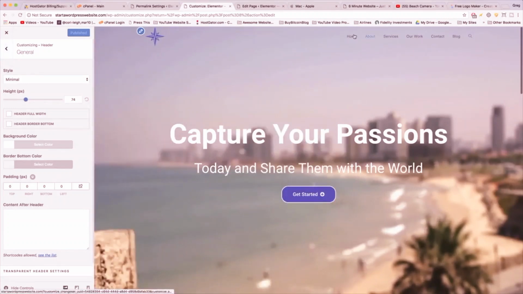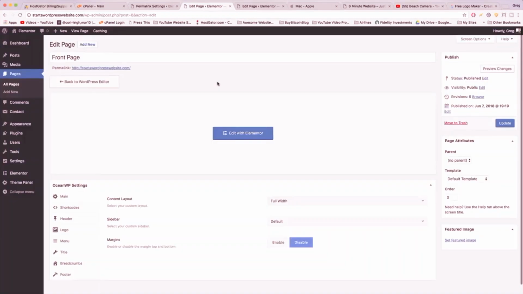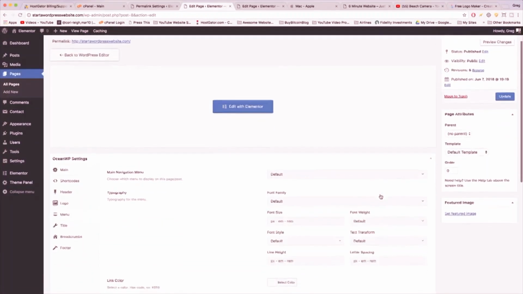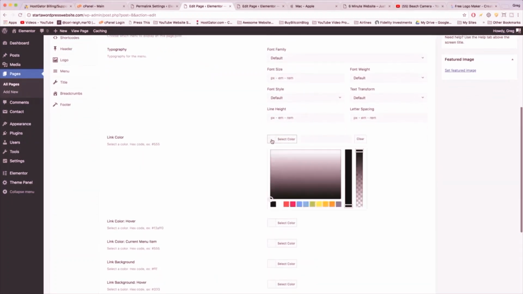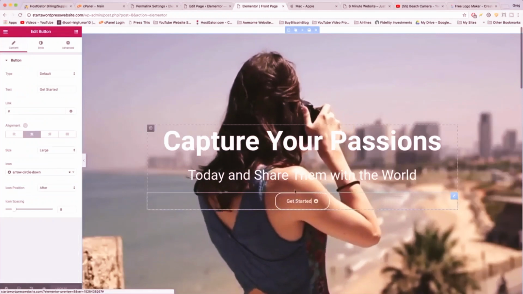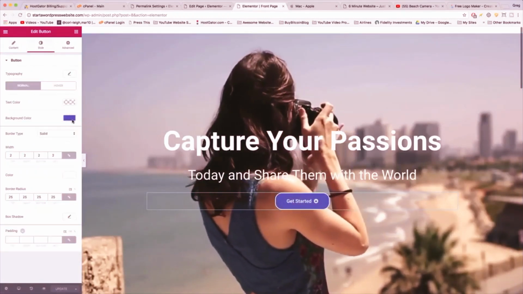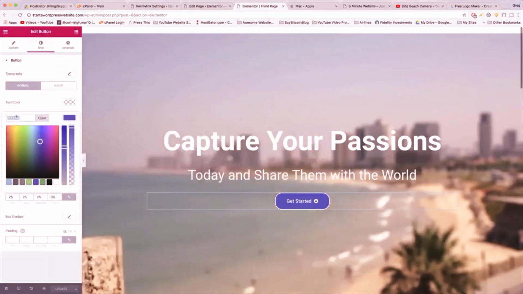So to change the color of the menu links, click out of customize. It's going to bring us back to the Ocean WP settings. We can click on menu, and then when we scroll down, click on link color. And we need to get that blue again from the button. So click the button, style. If you forgot, which you probably, if you're like me, then you did, then you click on this blue and